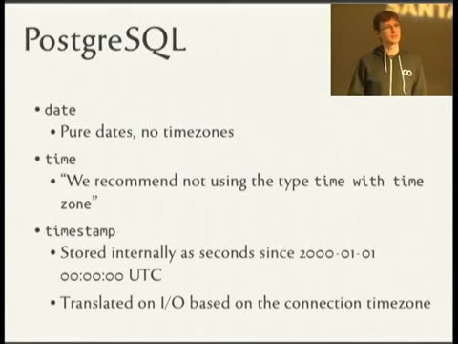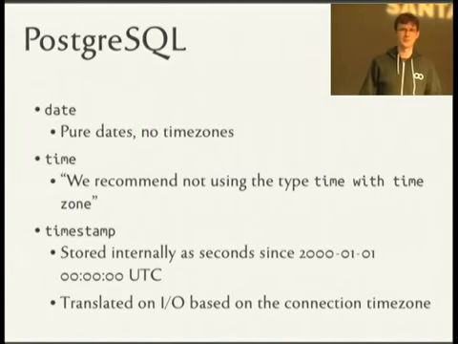It doesn't make sense to have a time with a time zone without a date attached to it. For example, if you're on both sides of the international date line, you can get a time that shifts and it looks like it's 1 hour out when in fact it's a day plus or minus an hour. So time with time zone doesn't make sense. It doesn't store the date at all. What you probably want is a timestamp which internally is stored on a different epoch, but it doesn't really matter because, again, it's translated on I/O based on the connection time zone. So in this case, you really do just want to set the connection time zone to UTC.